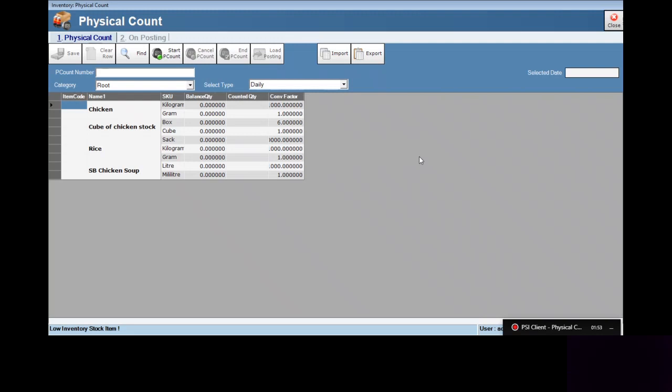Let me explain the buttons and functions one by one. First of all, this is the save button. After you are done keying in all the information, you can save it. Clear row is not usable at the moment, it's disabled. Find, you can use this button to find any raw materials. If you have more than 200 or 300 raw materials, you can click this find button. And start p count, this button is what you need to start the p count